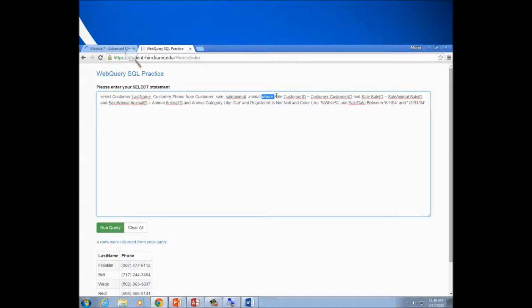So we make sure that sale is connected with customer through customer ID, and then we use the and statement to connect each one of those tables with their foreign keys until we get into our condition, where it says the cat has to be white and so on. So does it make sense now how we can